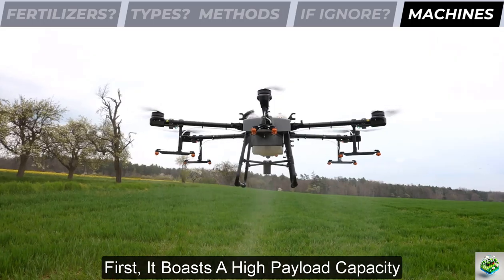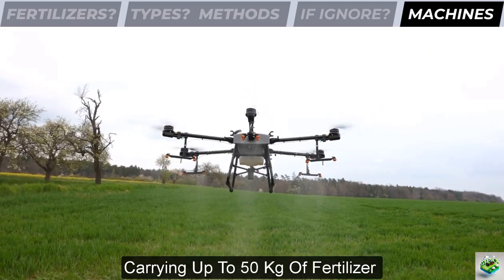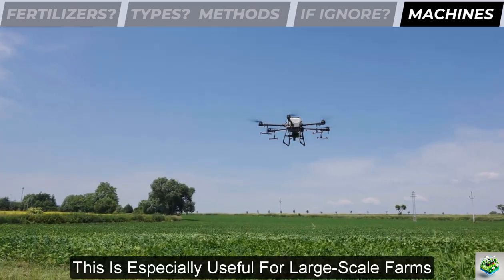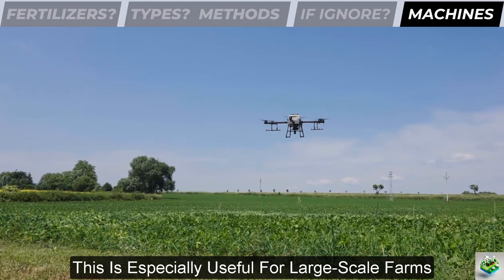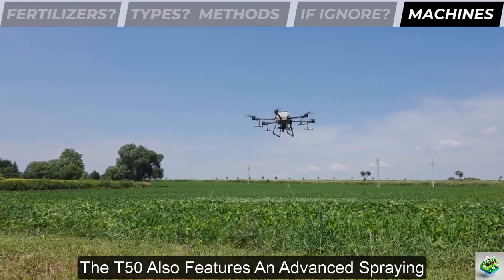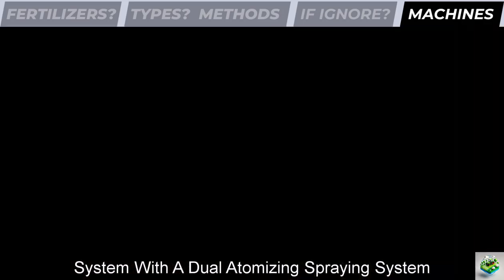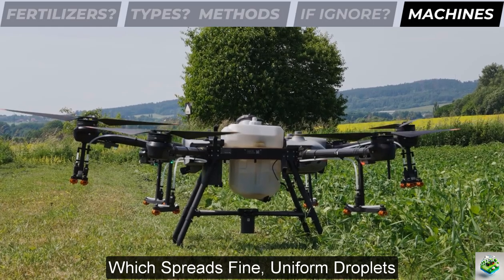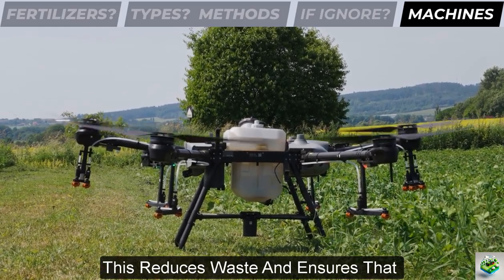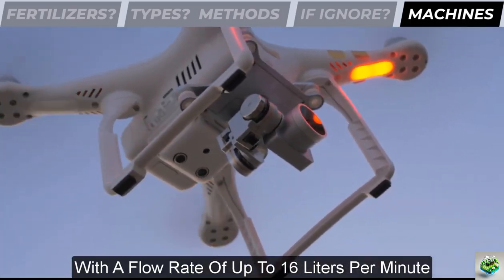Features first. It boasts a high payload capacity, carrying up to 50 kilograms of fertilizer or 40 kilograms of pesticide. This is especially useful for large-scale farms, where efficiency is key. The T50 also features an advanced spraying system with a dual atomizing spraying system, which spreads fine, uniform droplets. This reduces waste and ensures that fertilizers are used effectively, with a flow rate of up to 16 liters per